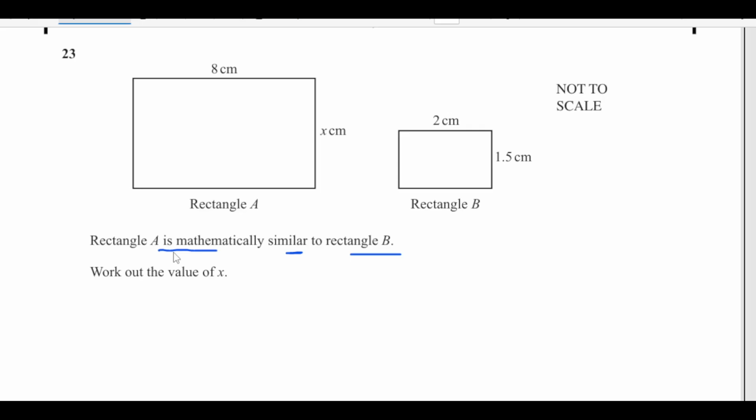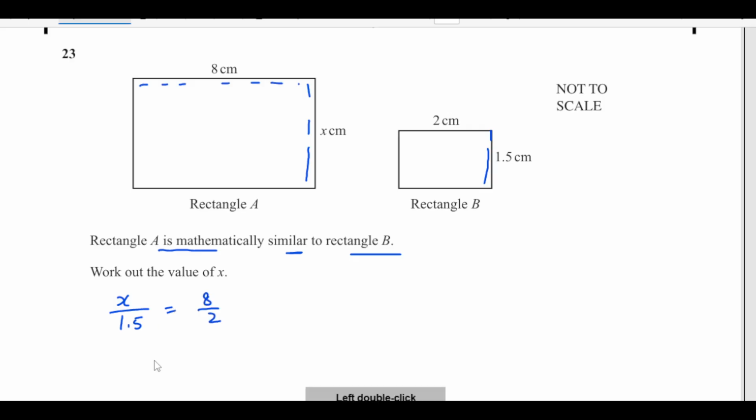Work out the value of x. When the triangles are similar, the ratio of their sides is the same. So, we are looking for x. I am taking this corresponding side x and 1.5 here. So, x over 1.5 will equal, I will take another one from the bigger rectangle, 8 over